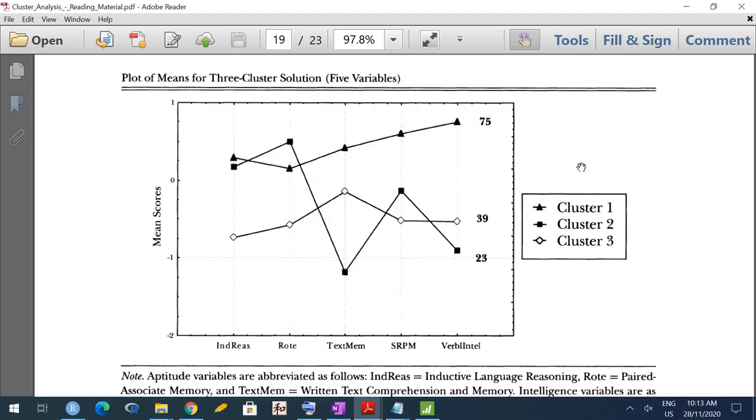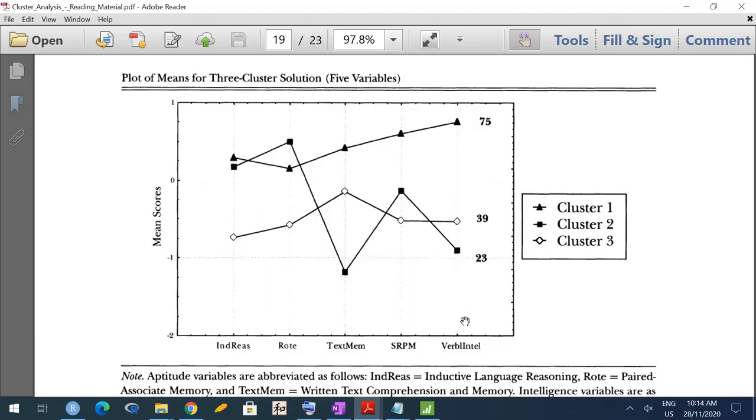Okay, so they had good intelligence and good linguistic intelligence. So you can see they have high scores in almost everything except rote memory. In rote memory, cluster 2, which consists of kind of medium or mediocre students, is doing better. Maybe they are much more hardworking and they are doing better.